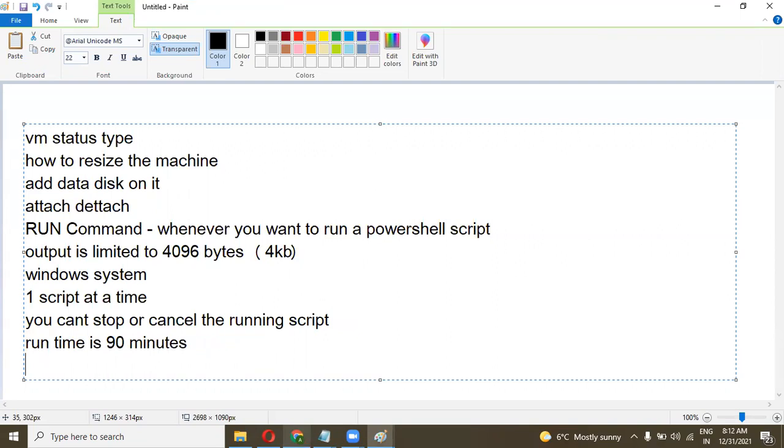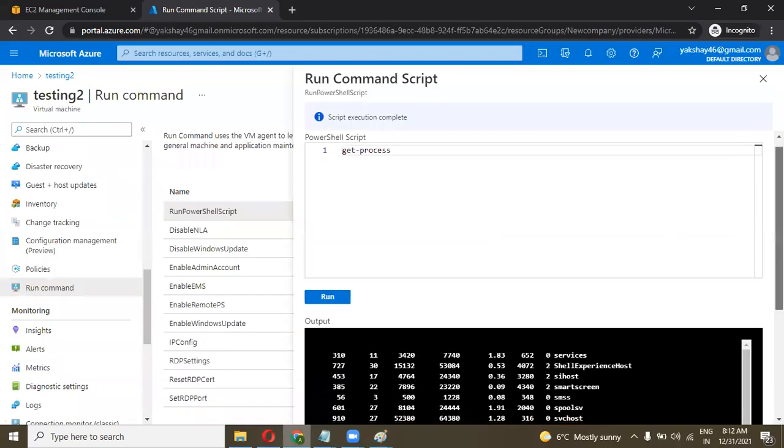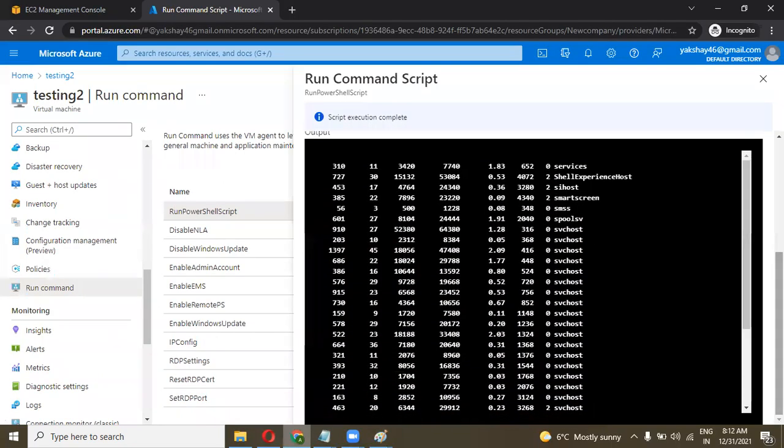And also, outbound connectivity from the VM is required to return the result of the script. Means if you want to run a script on a particular machine, for the outbound connectivity, port number 443 is required to get the output.